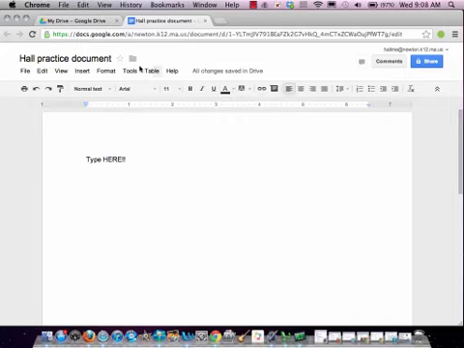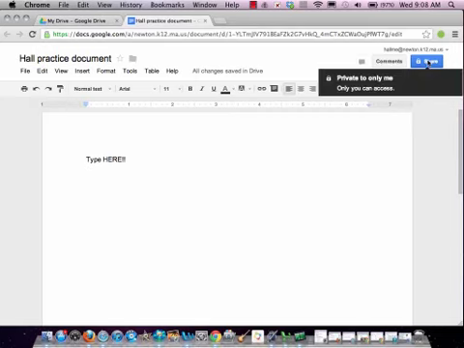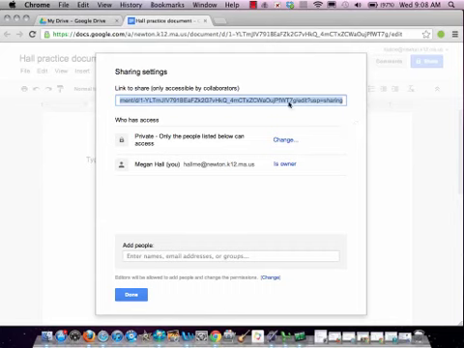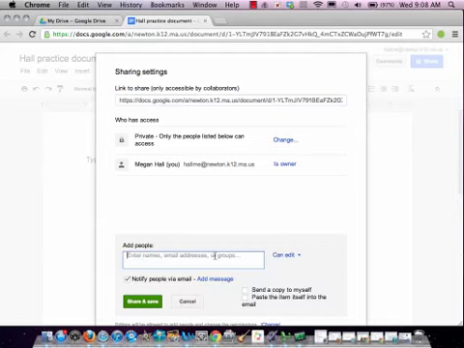So most of the options that you'd find in Microsoft Word, you'll also find in Google Docs. If you would like to share this document with other people, you'll notice up here at the top, you have your Share button. If you click Share, then you can choose who you would like to share it with. You can either type their names down below, and if you have Google Docs for Education, their address will automatically